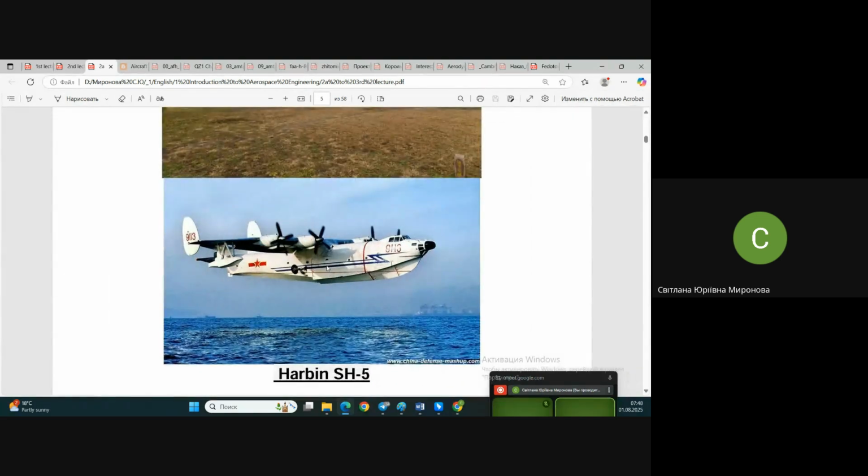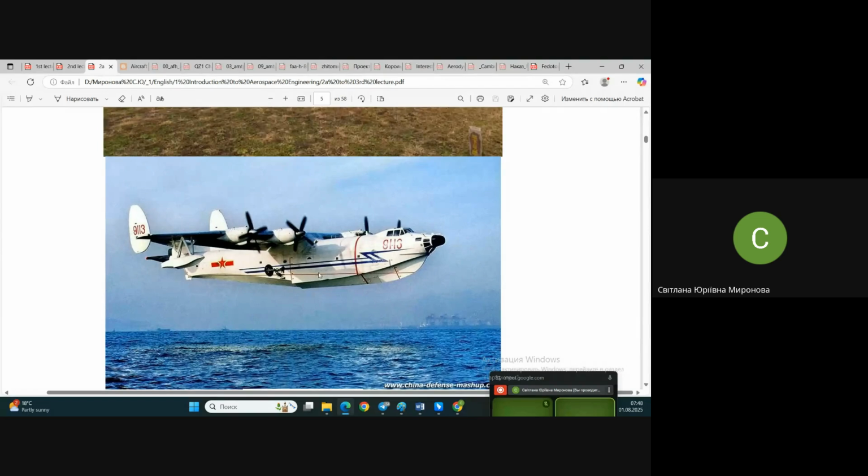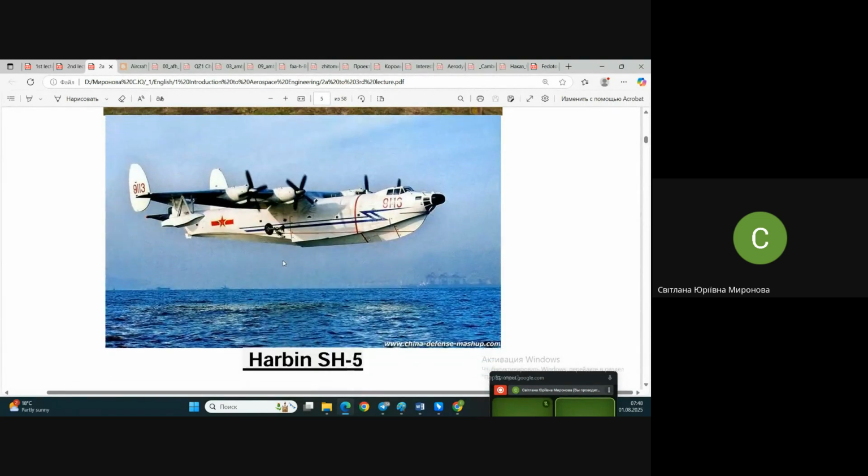I do it on purpose. I don't know. It's necessary to check because we have agreed that you need to characterize an airplane by features that you see, what you notice. Let's say, what is the purpose of this airplane? Besides it's a flying boat, how do you think? Is it purposed for transportation of people, or is it only for cargo, or is it maybe used like reconnaissance, maybe used like